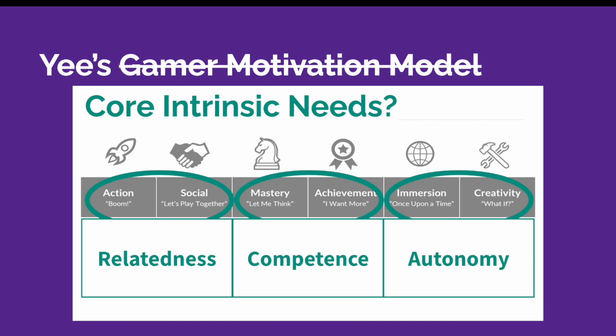Action social maps onto relatedness, both in terms of interaction, whether that's cooperation or respectful competition, and also the action component relates to excitable anecdotes or share-worthy experiences, wanting to be able to,